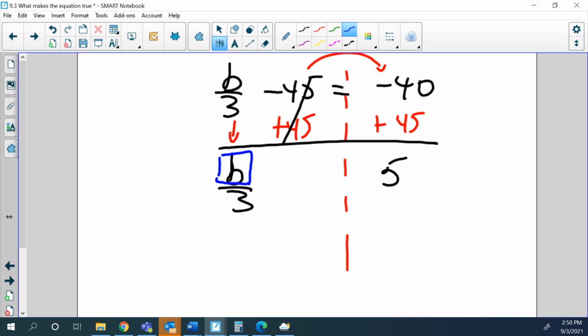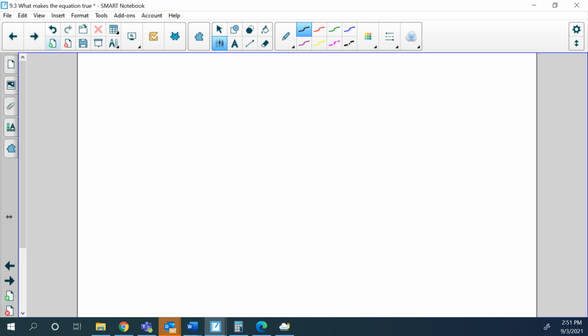Division. What is the opposite of division? Multiplication. So if I want to get rid of this 3 right here, I must multiply by 3 to cancel it out. So I'm going to multiply by 3 here. Again, what I do to one side, I must also do to the other side. So I'm going to multiply by 3 there. So this goes away now. It cancels out. So I'm left with just b. And on the right side, 5 times 3 is 15. All right. So b equals 15. The next one is